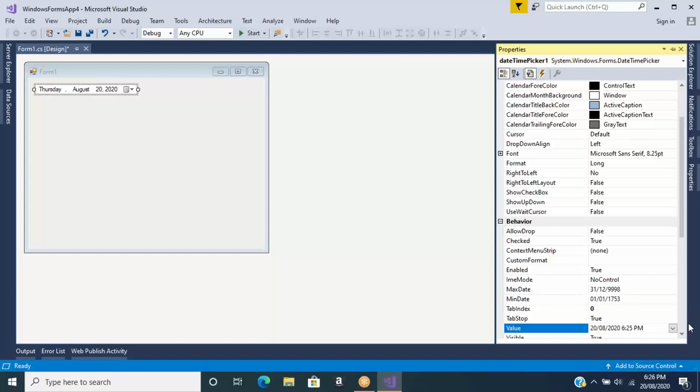What option do you want to use here? Format, custom. Yes, custom. What do you want to apply? Here you write a custom format. First, I want to apply something called triple D. That will display the day name of the week, like Thursday. Then DD, 2-digit date,